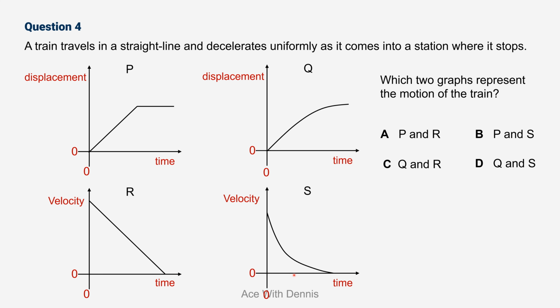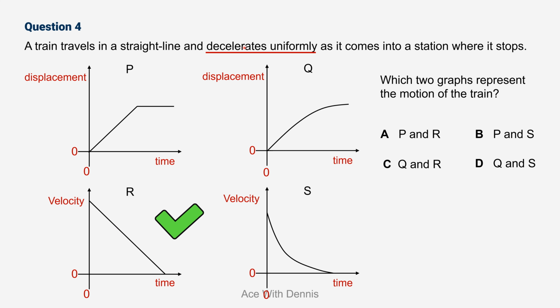Alright, so to obtain the answer, let's look at the keywords from the question. This train decelerates uniformly. When it decelerates uniformly, in the velocity-time graph it must be a straight line, because when it is a straight line, the gradient is constant. The gradient of a velocity-time graph represents the acceleration. So this is a negative gradient, meaning negative acceleration or